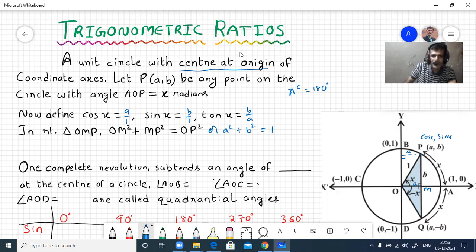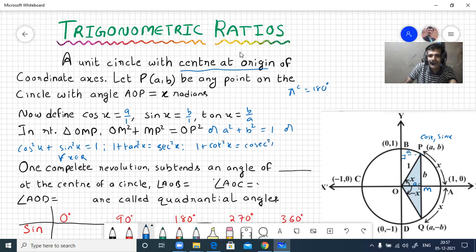See, you can describe the other things also. A is nothing but cos, no? So cos square x. B is nothing but sine square x is equal to 1. Sine square x plus cos square x equal to 1. This is the first trigonometric identity. It is true for all real numbers. Okay. We can recall the trigonometric identities. The second identity is 1 plus tan square x is equal to secant square x. The third trigonometric identity is 1 plus cot square x is equal to cosecant square x.